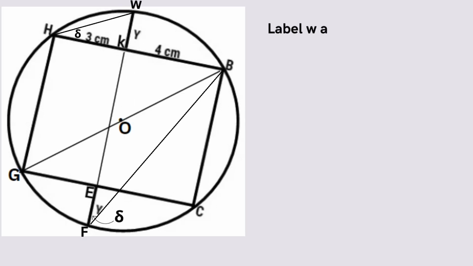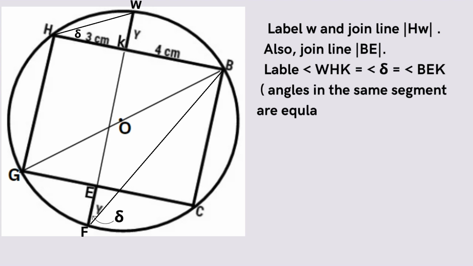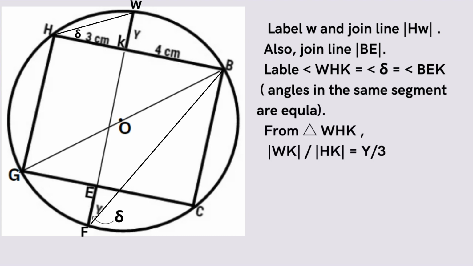Label W and join line HW. Also, join line BE. Label angle H, the center angle, equals angle delta equals angle E, the center angle. The reason is that angles in the same segment are equal. From triangle WHK,